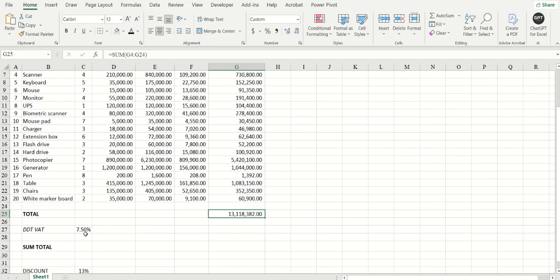Now I have the VAT of 7.5%. Value added tax. I want to get the VAT of this. So remember, I didn't do this multiplied by 7.5%. You see, this is correct, but I personally, like I said, think it's better to always reference your data in Excel,